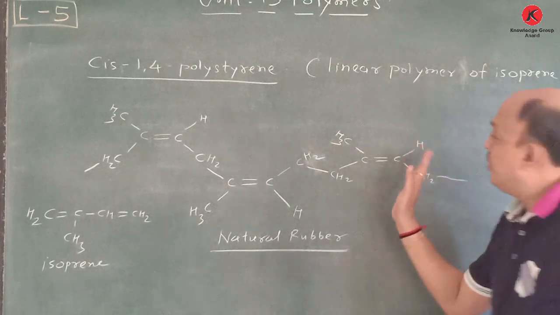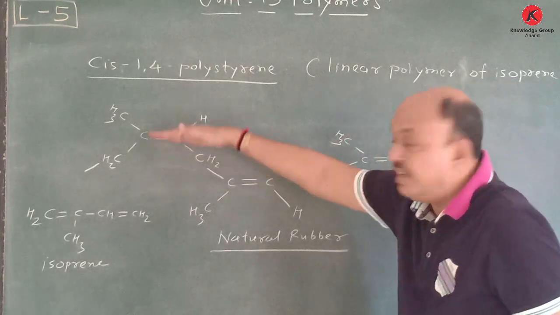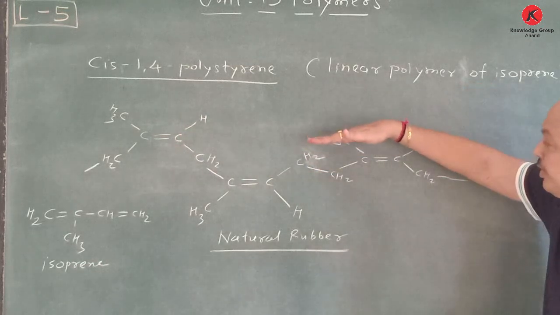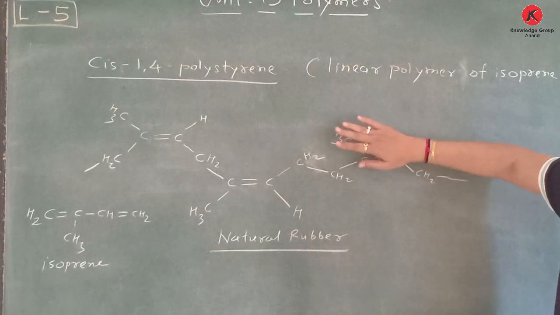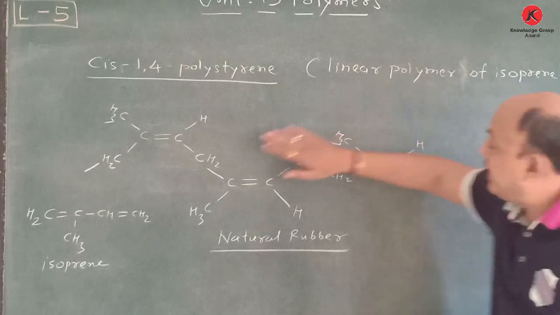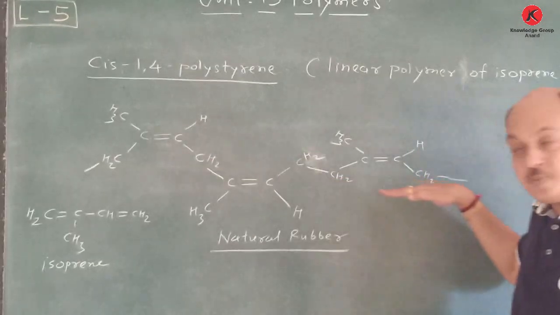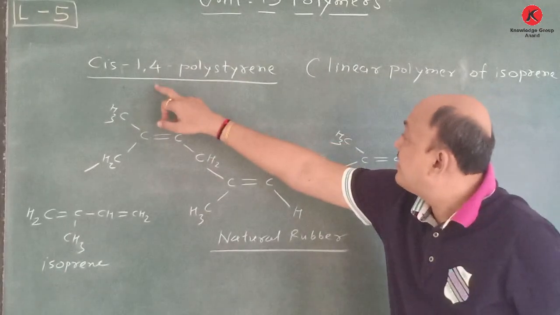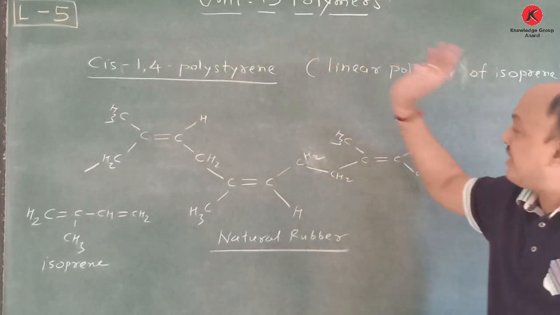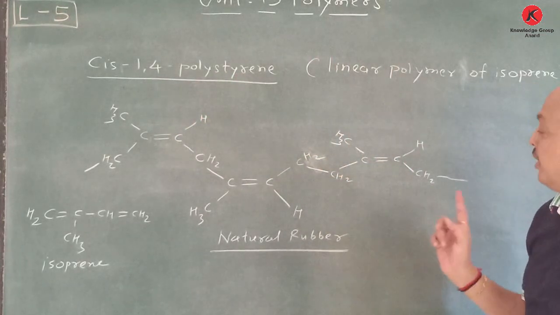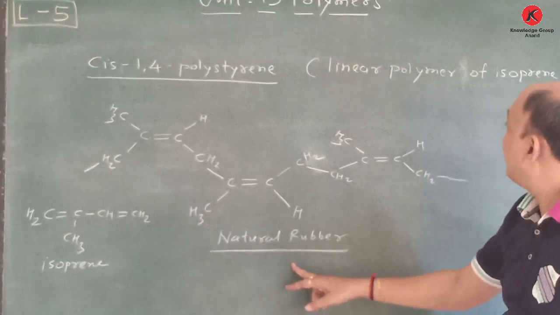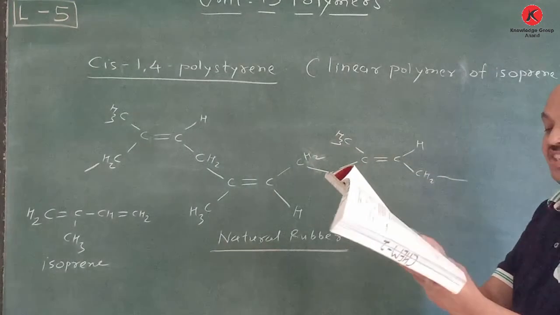here H. So here just you see the double bond is there, and these two isoprene units are there. Isoprene, another we can say monomer, is there. They are attached at only the cis position. That's why it is known as cis-1,4 polyisoprene, and this is nothing but natural rubber. So here this cis-1,4 polyisoprene,